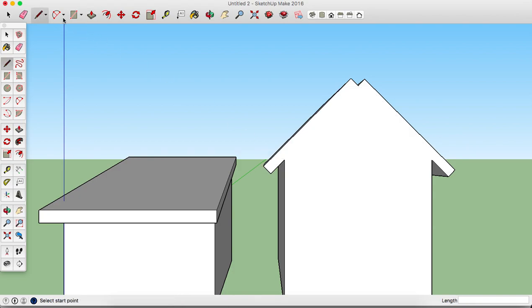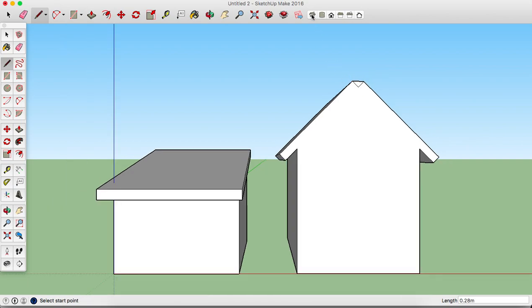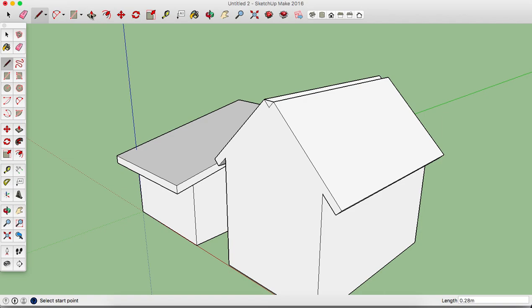And if you want to use the line tool just to fill that in, and then you can drag that with the push pull, and that will drag across to the edge. Just hold it near the edge and it will click on the edge. There you go. And you can use the erase tool just to click on there. I'm going to Command Z. I will need to leave those on because I need a line from here to here, and then from here to here,